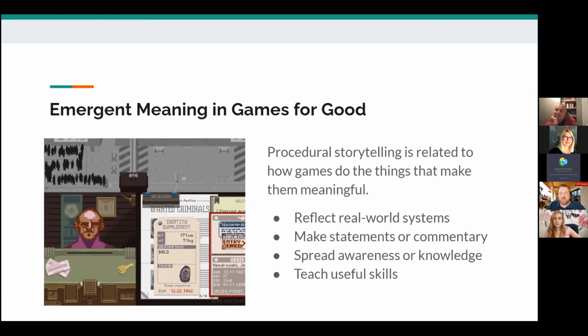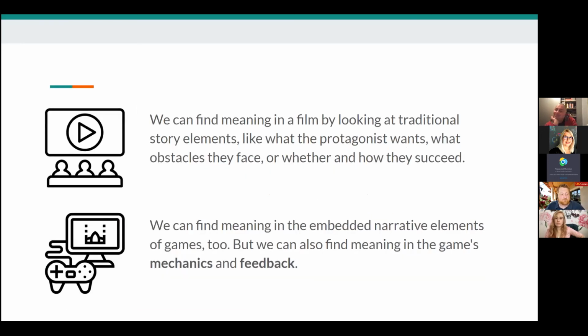For example, reflecting real world systems or making statements or commentary about those systems, spreading awareness or spreading knowledge about a particular topic, or teaching practical skills through gameplay.